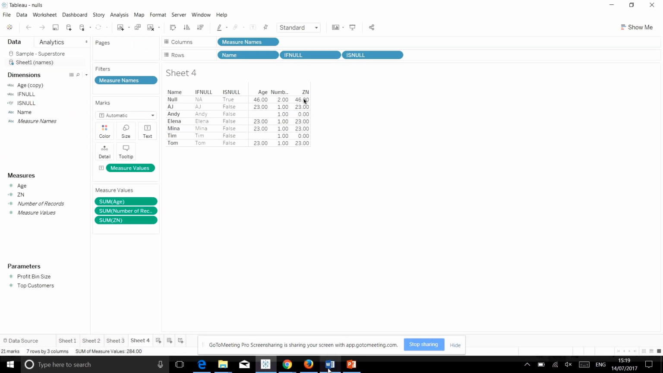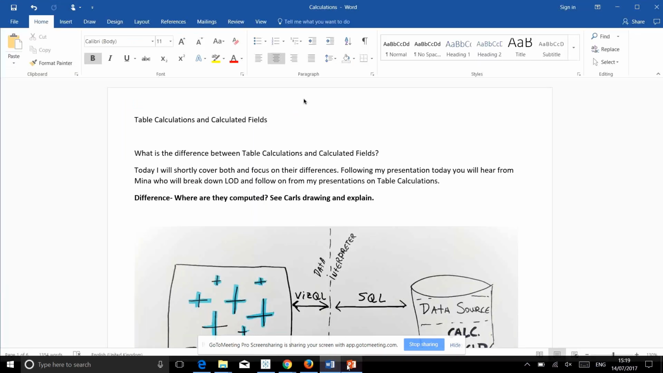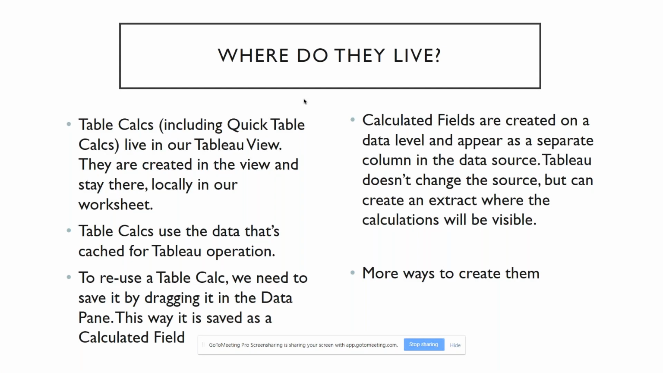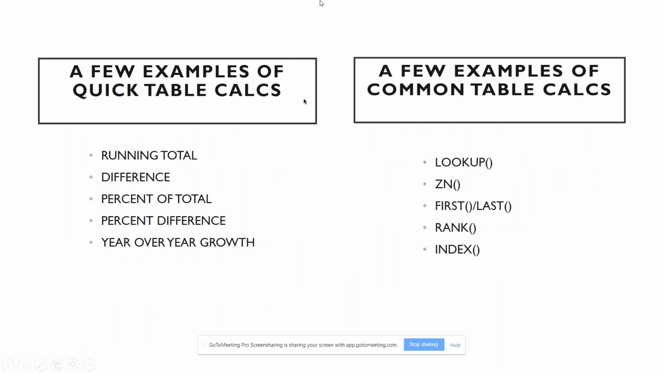There's up to 5 ways how we can do this. Just go back to this. So here are some examples